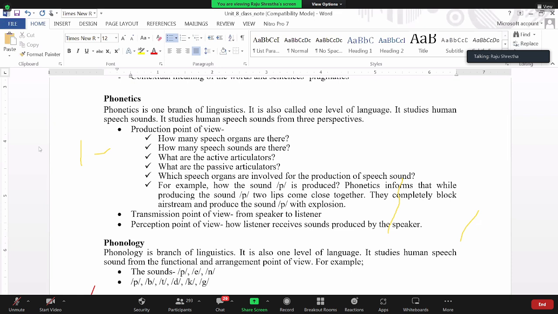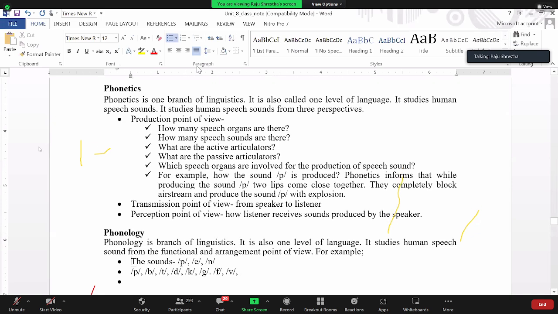Prb, t, d, k, g हैन and then what, फ हैन भ. These sounds, what, these are the sounds we produce, they are full phonemes, full sounds भनेर phonetics ले हेर्छ. अब यहाँ चाहिँ हामीले यो साउन्डहरुबाट चाहिँ कसरी चाहिँ अरेन्ज गरेर meaningful word बनाउने भन्ने कुरा